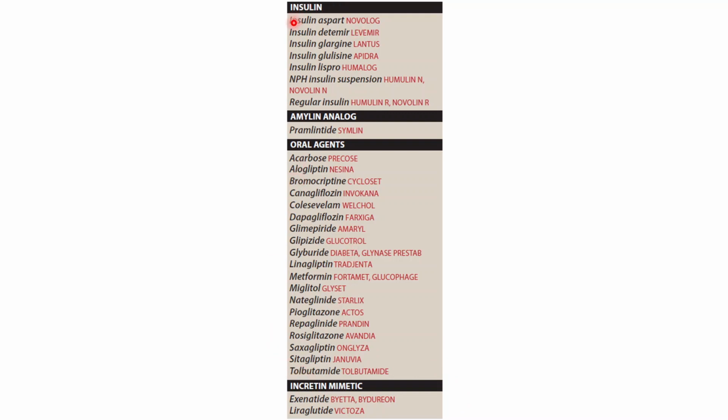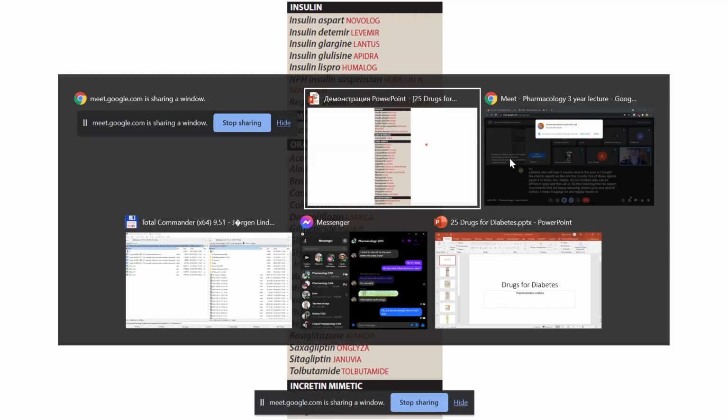So insulin can be of different types, and then oral. Insulin aspart, insulin detemir, glargine, glulisine, lispro, neutral protamine Hagedorn, and regular insulin are indicated for